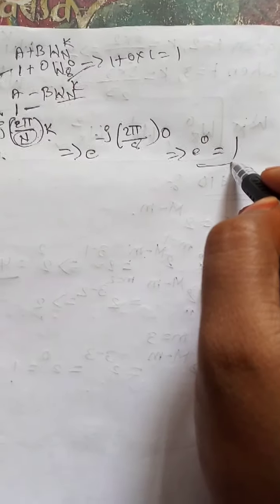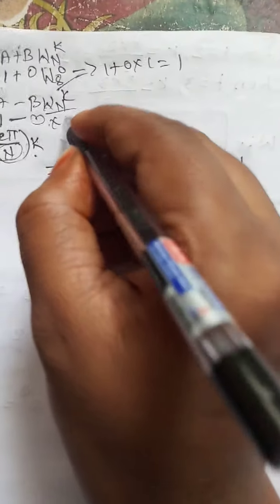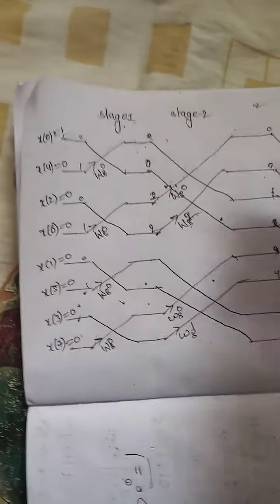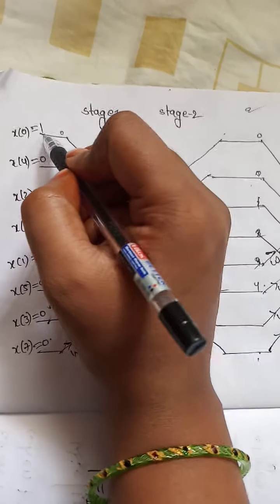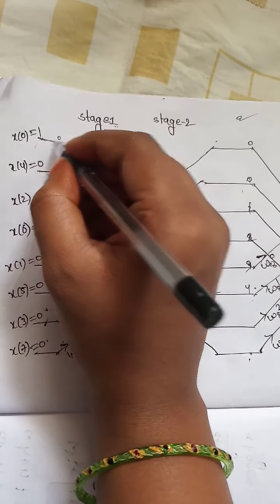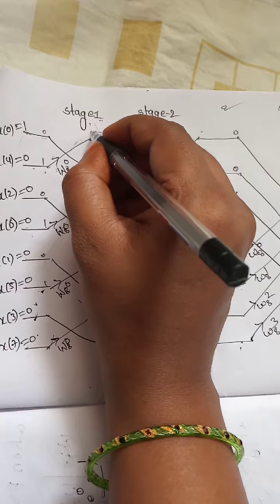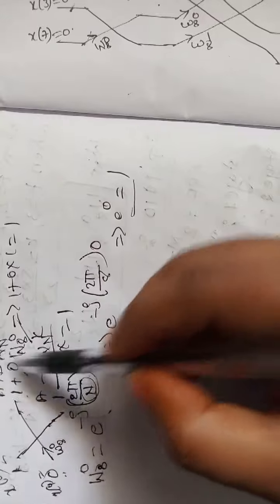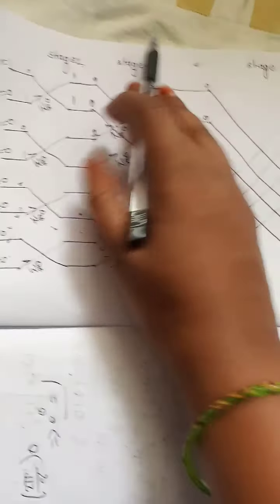And likewise here, our formula is A minus B twiddle factor Wn of k. The Wn of k value we already found, and A value is 1. So 1 minus 0 into 1, so here the value is 1. See how we are writing it. We are having two inputs, 1 and 0, and for these two inputs we get 1 1 as output. So these are the two outputs for the equation.